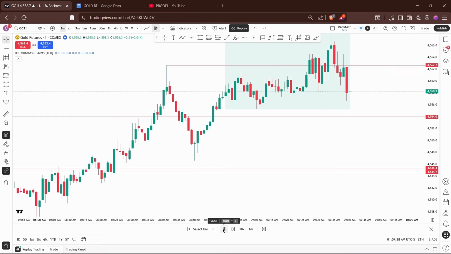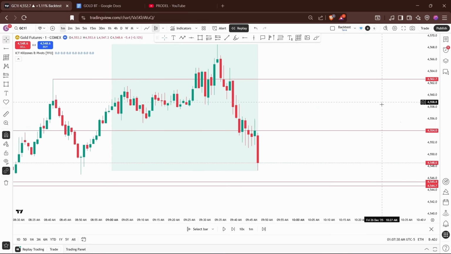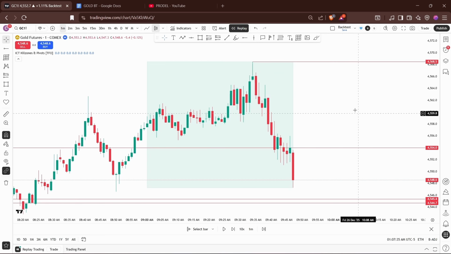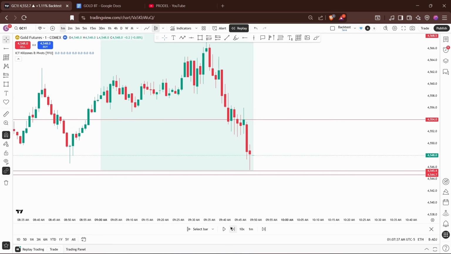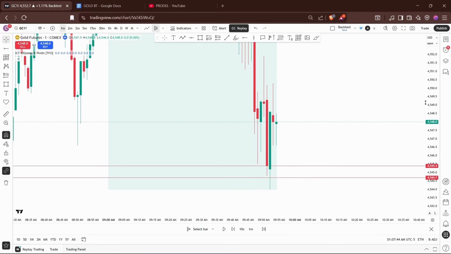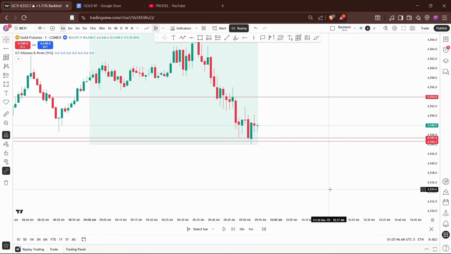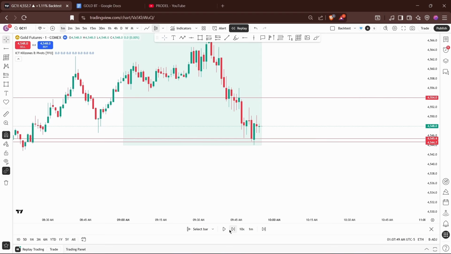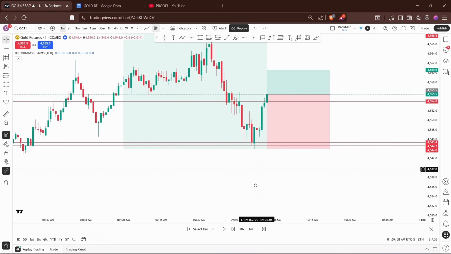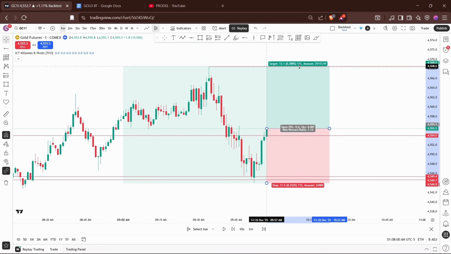we can see, yeah, it reached to our PY, and then this becomes the level from where market is retracing to our PY. Let's wait for market to close above the PY, and then here we can see there was another PY, but let's wait for market to close above the PY. Yeah, it's closing above the PY, and then our SL will be at this level, and then TP will be